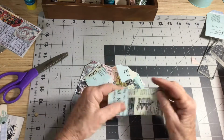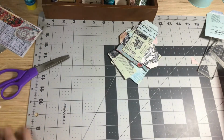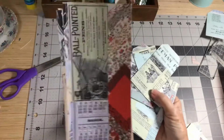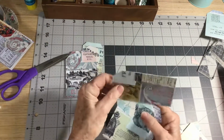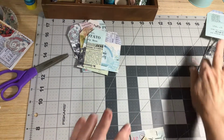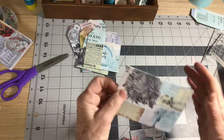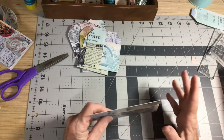And this tag, and then the other side. And then let's see, that is the two long ones. That's 2, 3, 4, 5, 6, 7, 8. That's 8 journaling cards. Really 9, because I'm going to work on that one. And then, tags. And then we've got 9